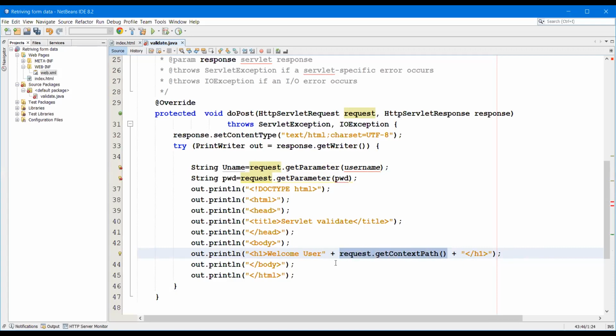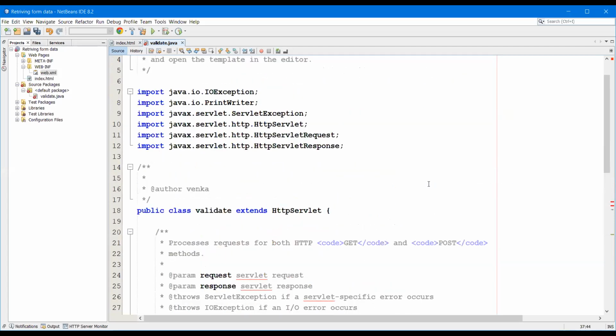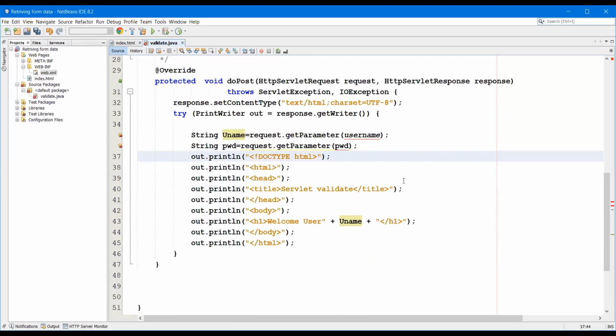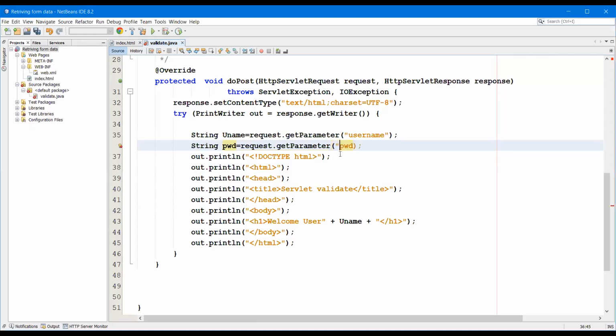We are storing the username in uname. So I'm going to view that inside double quotes.